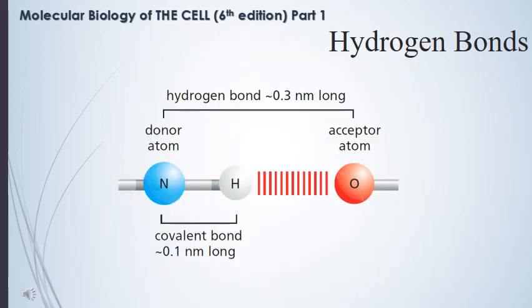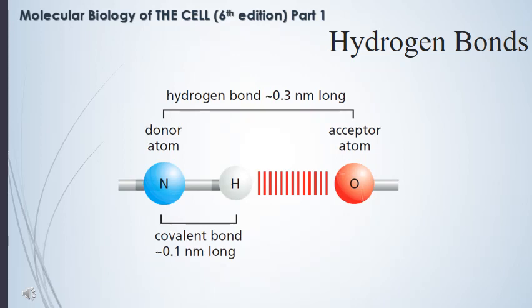Now let's talk briefly about hydrogen bonds. Hydrogen bonds are roughly about 0.3 nanometers in length. They involve a donor and an acceptor atom. The donor atom is the one that has a hydrogen